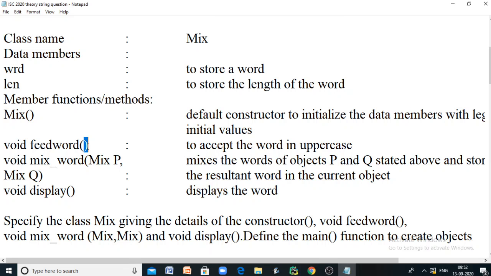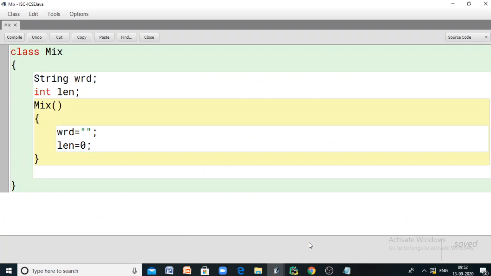Here it asks you to accept the word in uppercase, but you cannot expect the user to enter the characters in uppercase. Instead, after getting the characters from the user, whether uppercase or lowercase, we have to convert it into uppercase.